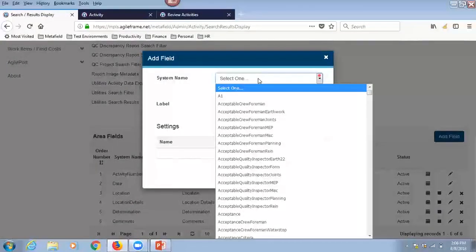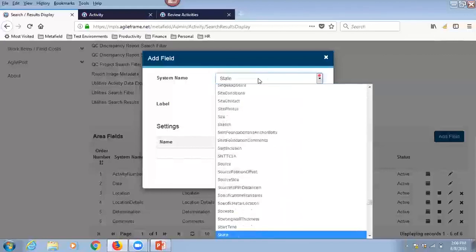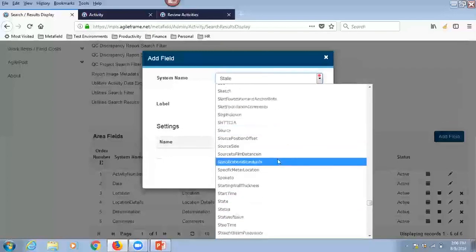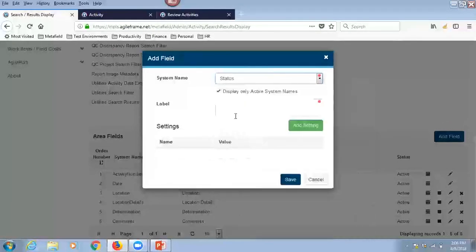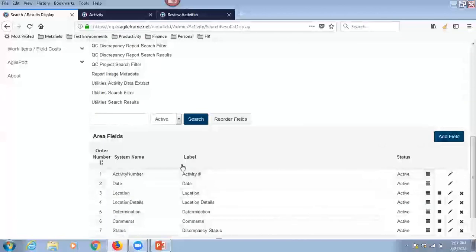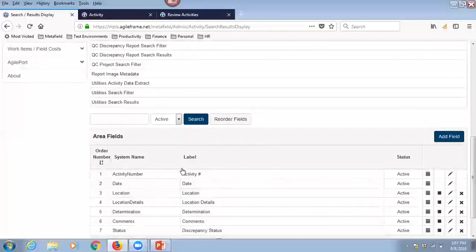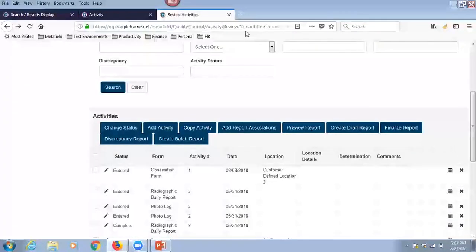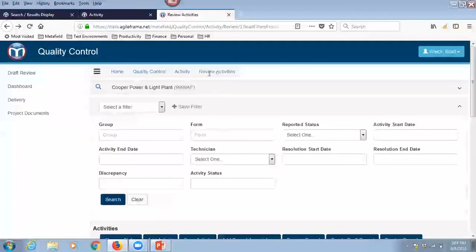Now at the very beginning, if you remember me talking about a system name, how it's kind of a way to identify uniqueness for the database, this is where it's going to come into play. And I can type by this. So what I'm going to do is I'm going to look up the status, and I'm going to give it a label. So what I'm telling the system to do is pull the values from the status field that I created within the form. So if I do a quick refresh here on this screen,